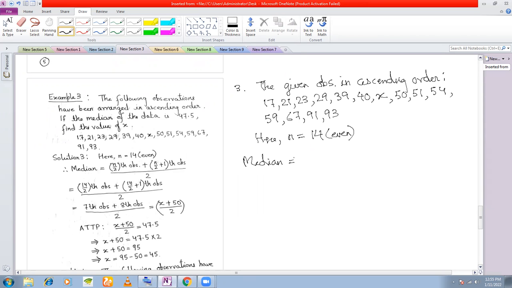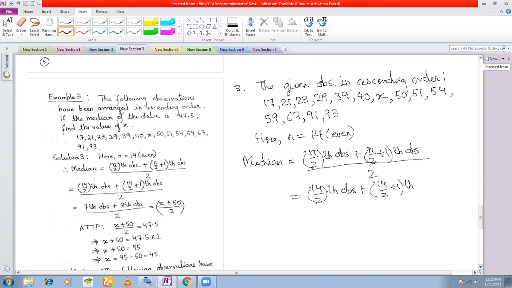So median is equal to n by 2th observation plus n by 2 plus 1th observation divided by 2. Now n is equal to 14, so 14 by 2th observation plus 14 by 2 plus 1th observation